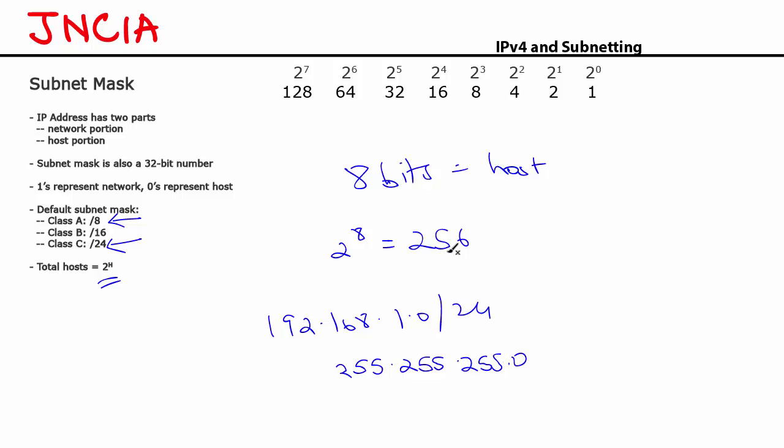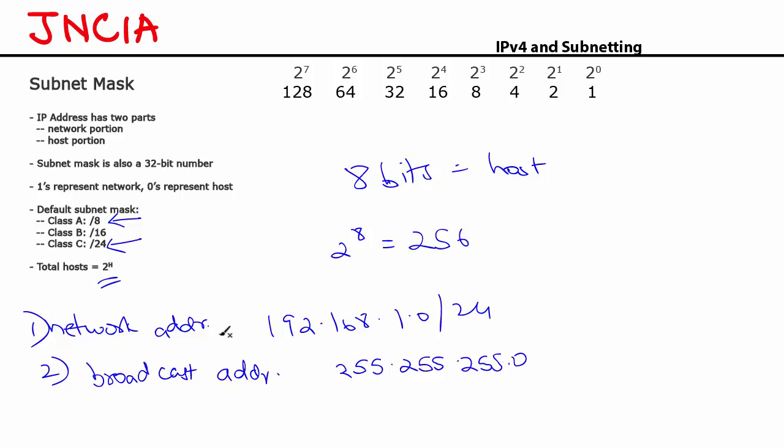But there's one more important thing to remember. The first address in a network is what is called the network address. Network address, that's the first address. The last address of any network is the broadcast address. These two addresses cannot be assigned to any network device. The first address, network address, the last address, broadcast address. If we were to take the same example here, the first address would be